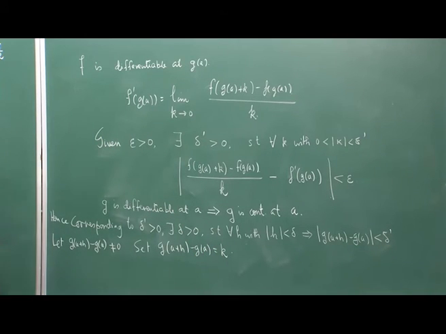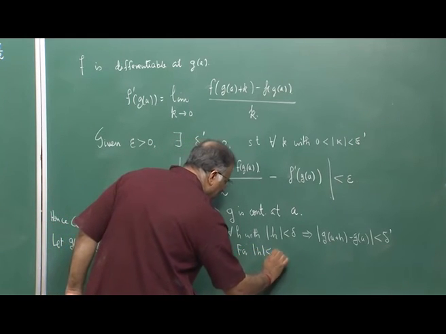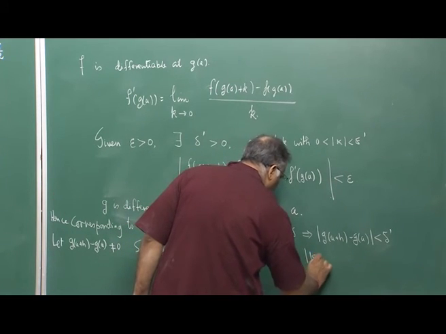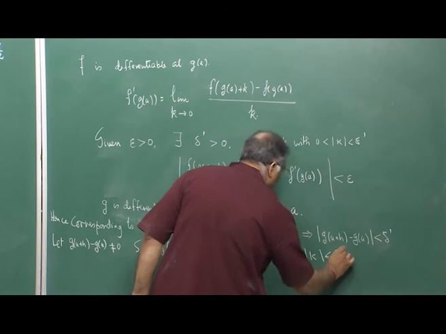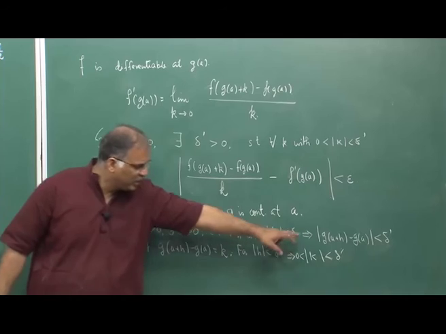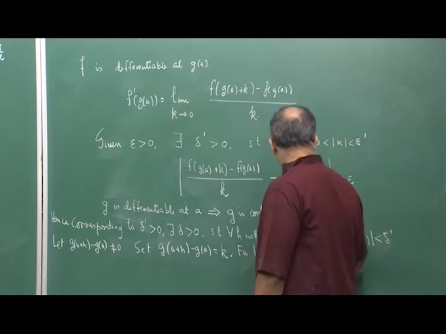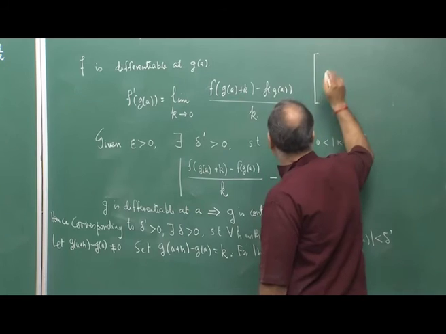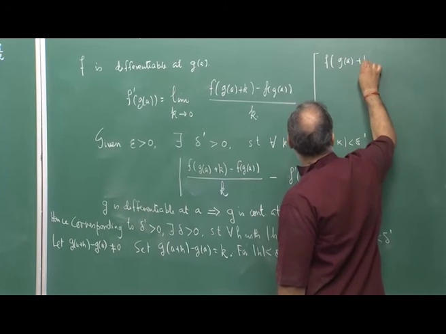Now, for all |h| less than delta, what happens? It implies that |k|, which is bigger than 0 now because this is not 0, is less than delta dash, because of this statement, because I assumed that g of a plus h minus g of a is one of these k's. So, if I replace that k, f of g a plus k,